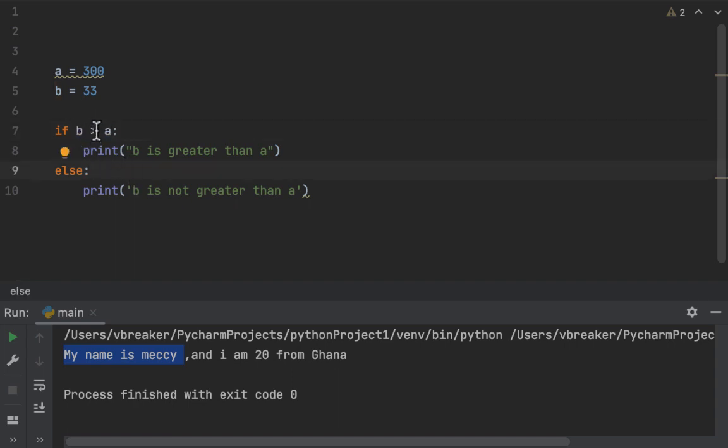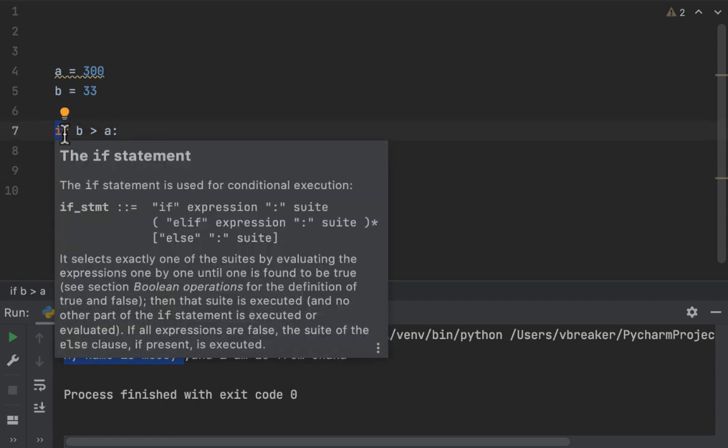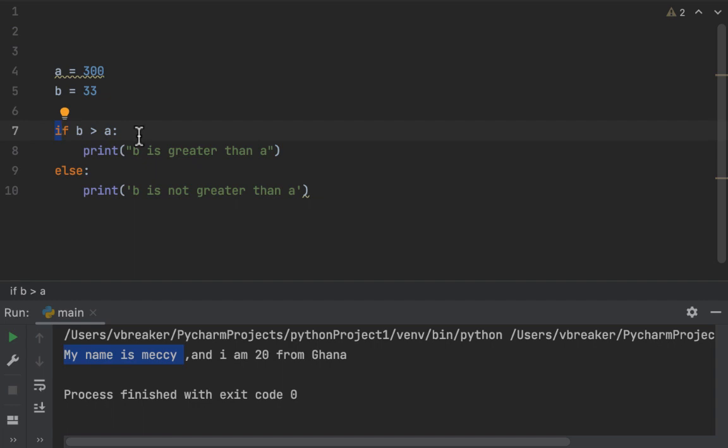But B is trying to challenge him. He says, if you know you're greater than me, then print "you're greater than me", or else print "I'm not greater than you". So it's as simple as that. So this is where the if statements come in, which we are going to talk about in our upcoming video. It's going to be fun,